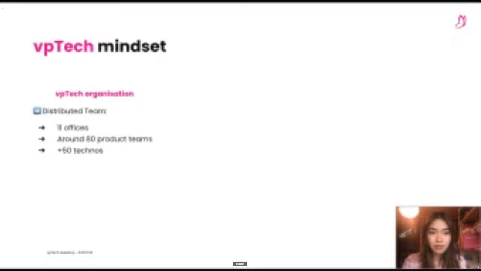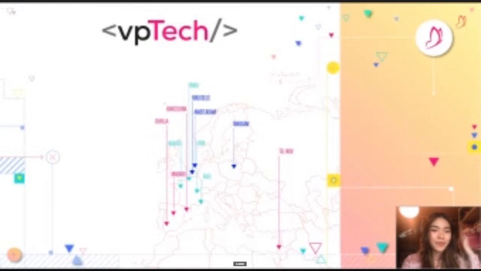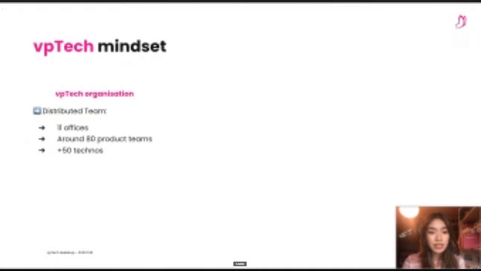By the way, did you know that our teams are located in all of these towns too? So we are a distributed team, as you saw before. We have 11 offices and 80 project teams, which do not depend on a specific location, which means that if 5 people in the same team are working together, they are not in the same office. They can be in 5 different offices.